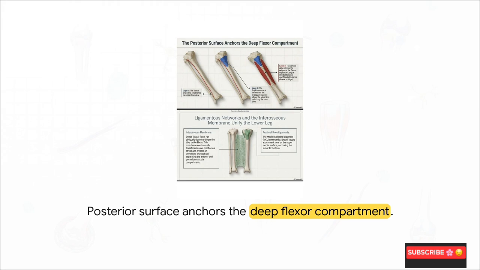Spinning the bone around to the posterior surface, the entire architecture is completely dominated by the soleal line. This prominent oblique ridge sets the upper boundary for the massive soleus muscle. Just above this line, the popliteus muscle inserts to literally unlock your knee joint. Below that intersecting ridge, the remaining posterior surface is strictly divided into medial and lateral areas, and those firmly anchor